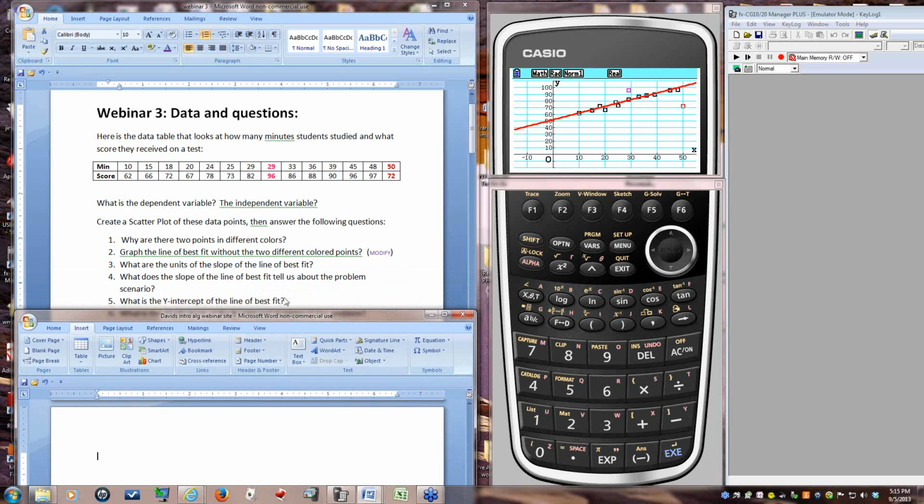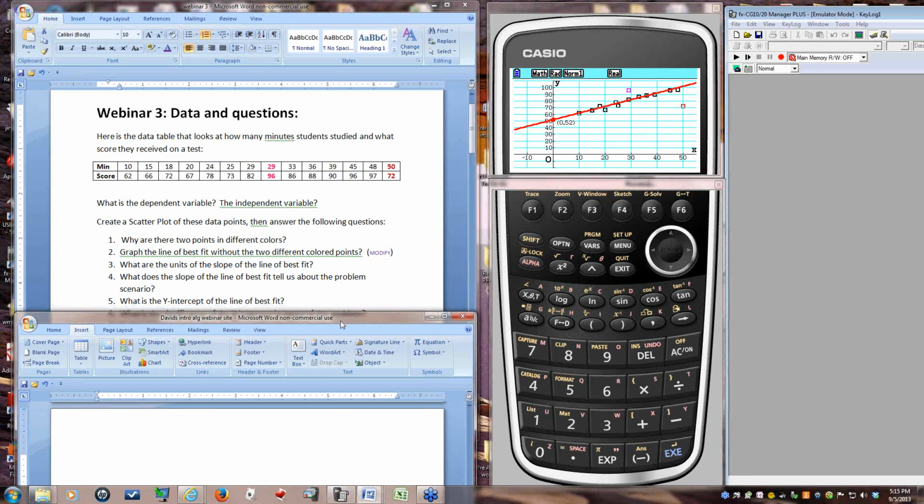What is the y-intercept of the line of best fit? Looks like it's about 50 here, but I know when I entered it, I can answer that without using trace, or I can trace, and if I hit execute after what I did there is I hit F1 for trace, entered 0, pressed 0, execute, and that got to that point, and I just pressed 0 again to label the point. So that's the 0, 52, so the y-intercept is just 52.